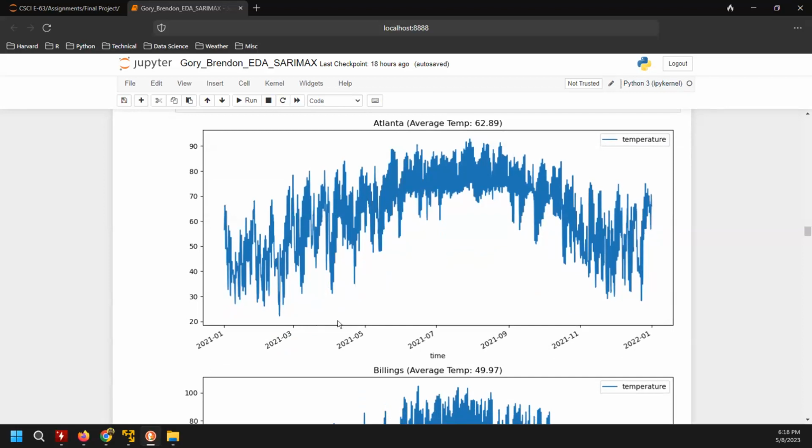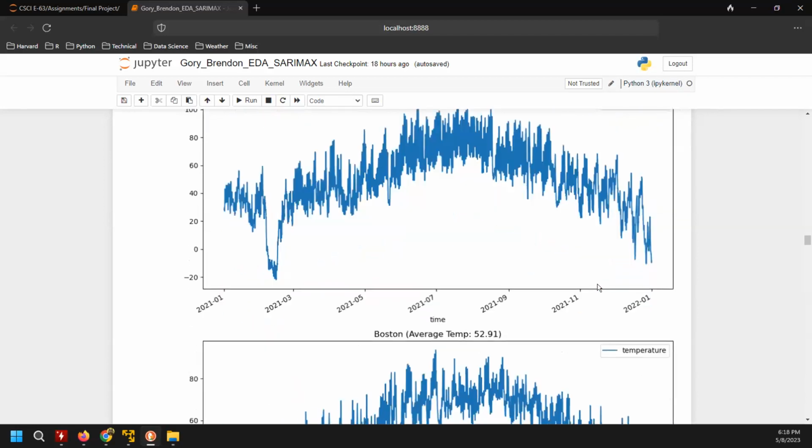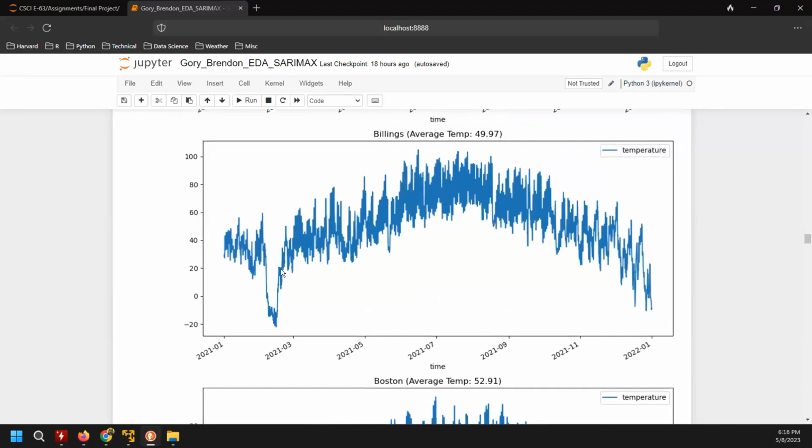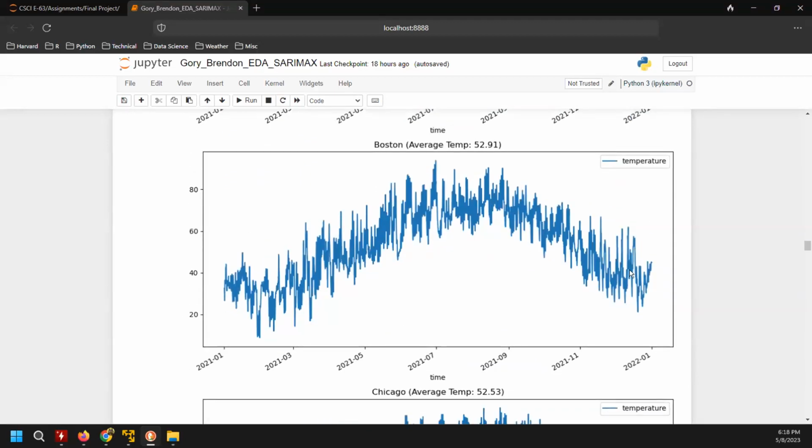And as expected, on the x-axis, the edges of the plots are the colder months, and we have the warmer months in the middle, and temperatures on the y-axis. And we would see temperatures increase and then decrease. And we kind of get a sense, it's been a very cold month, February, for Billings in 2021. And again, we see it go up and go down and up and go down.